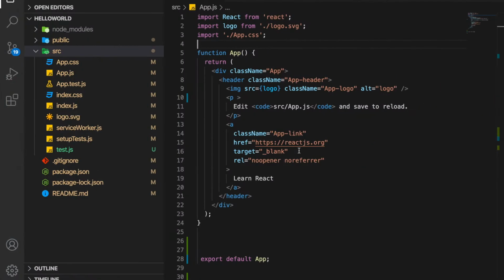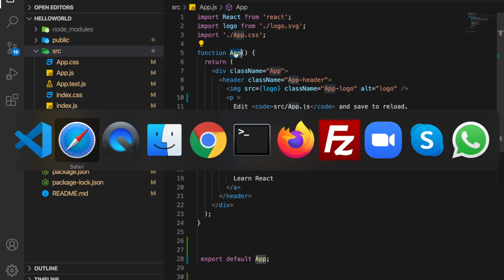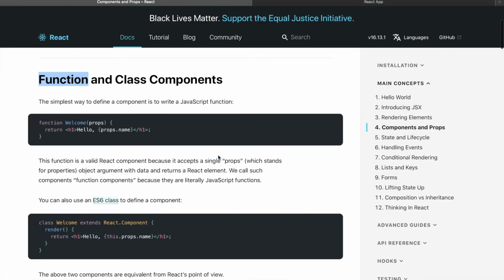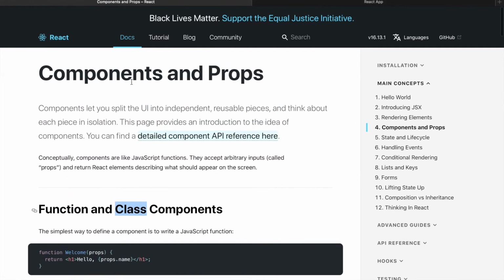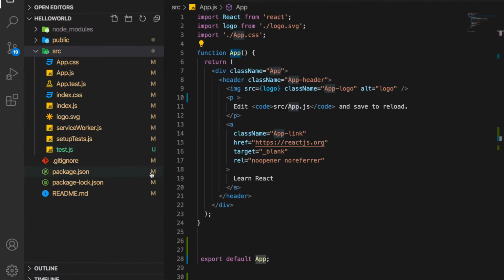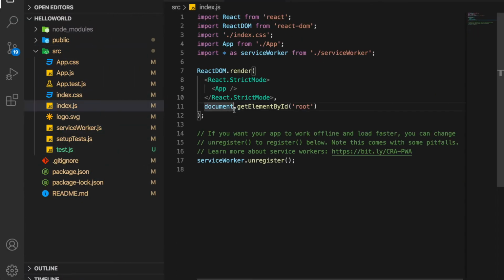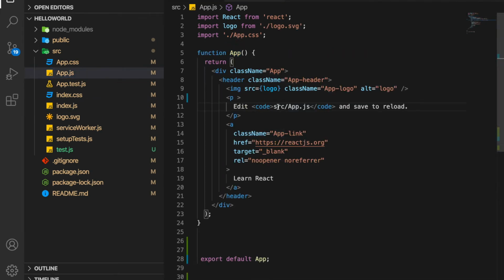Everyone sees the same screen while running the hello world program. If you look at this program, it was created using a function, and the function name is App. So there are two approaches while using React.js: either you can use a function or you can use a class. In today's example, we are going to learn how to write a program using classes. If you compare function and classes, there are different ways to declare props and state in a function and in a class. We will see that afterward.